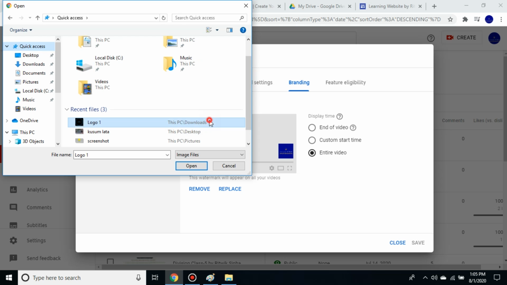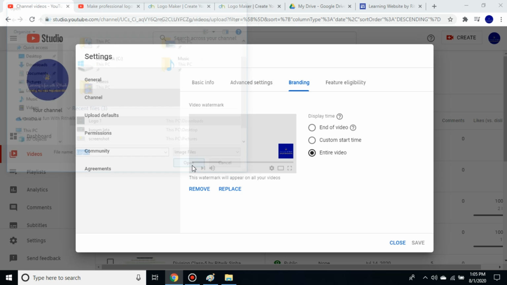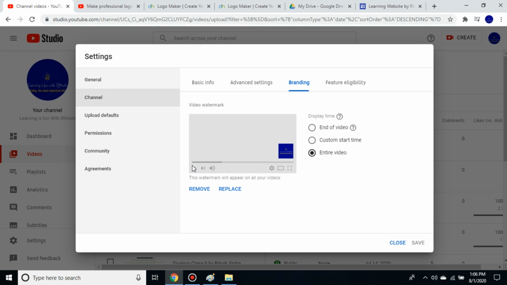And here I will open this logo 1, and after that it will be done in a moment.